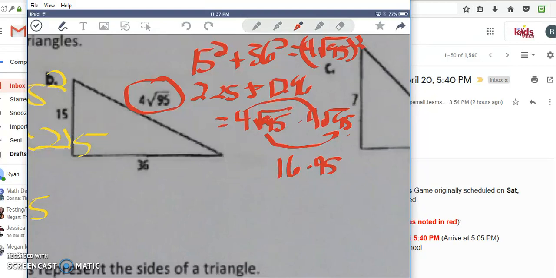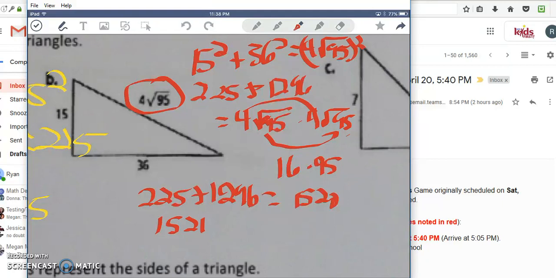So when you multiply those two numbers, you end up with 1,520. So I'm going to rewrite it down here. 225 plus 1,296 is equal to 1,520. So when you add it up, you end up with 1,521 is equal to